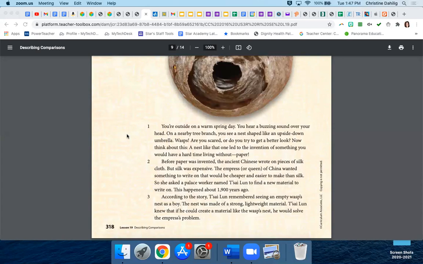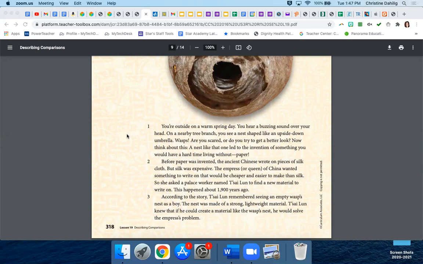You're outside on a warm spring day. You hear a buzzing sound over your head. On a nearby tree branch, you see a nest shaped like an upside down umbrella. Wasps. Are you scared? Or do you try to get a better look? Now think about this. A nest like that one led to the invention of something you would have a hard